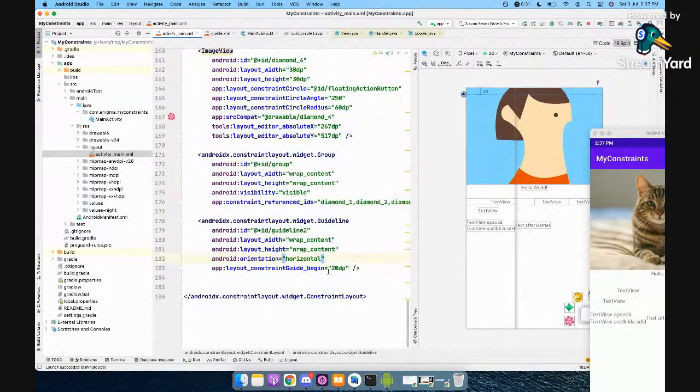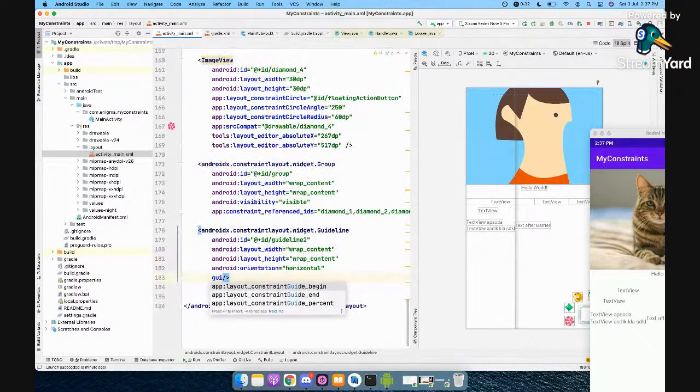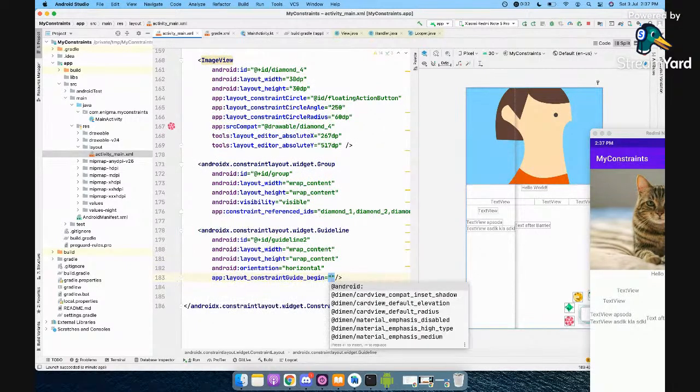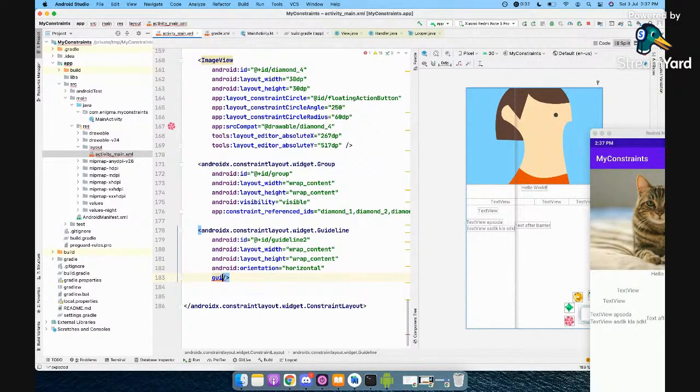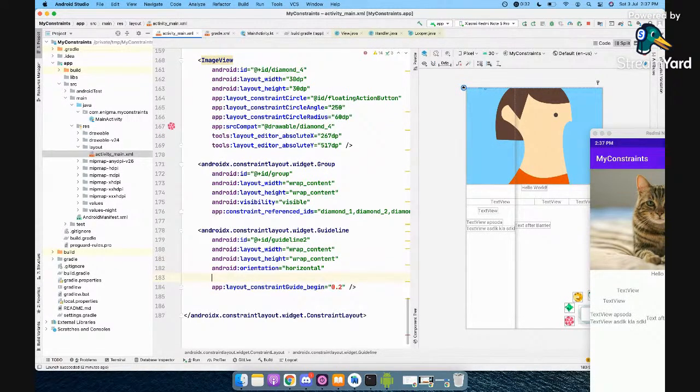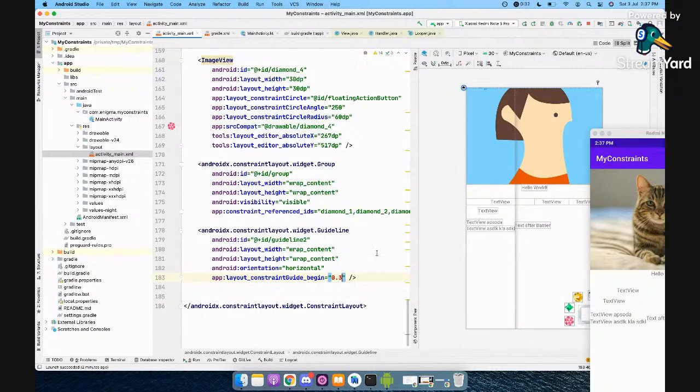Yeah, you have guideline, and this is 20 dp. You can also have, how do you set percent? I forgot. I think you have 0.2. Yeah, so you can set percentages here.